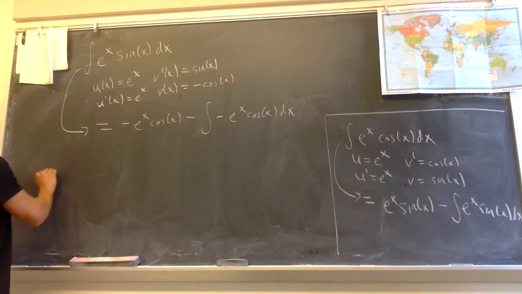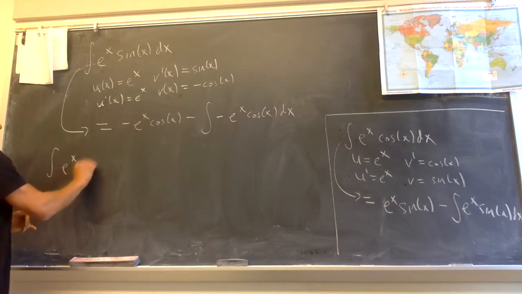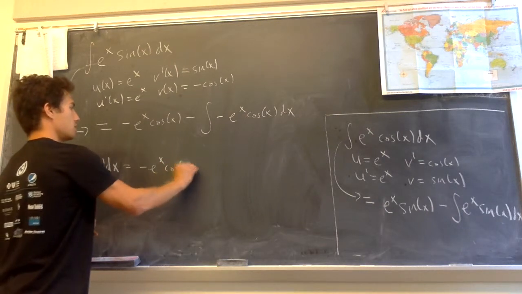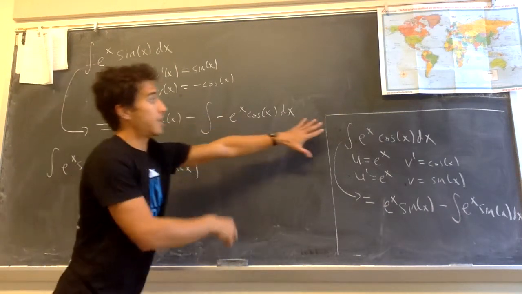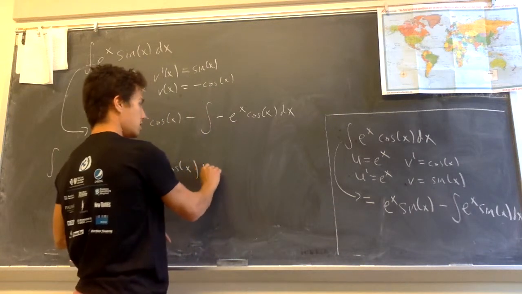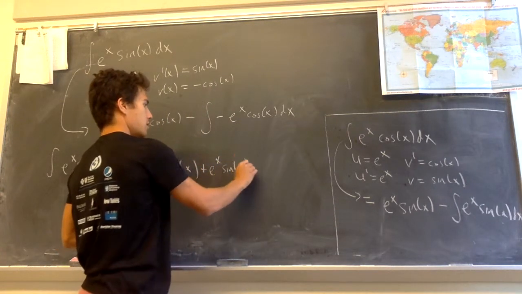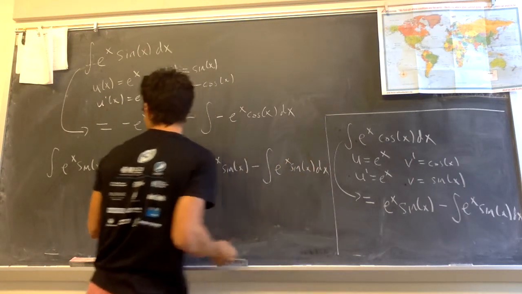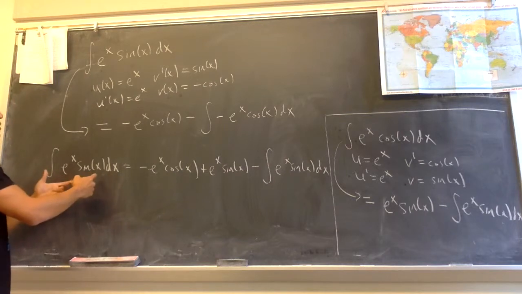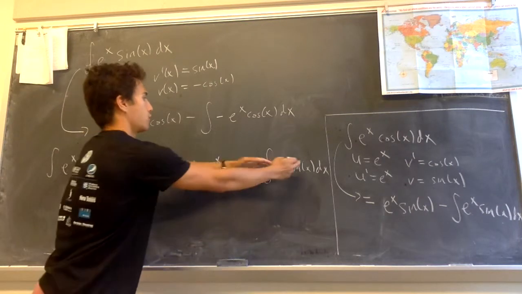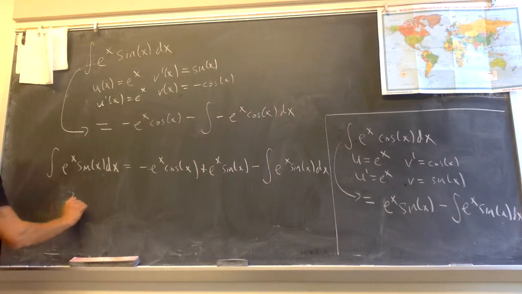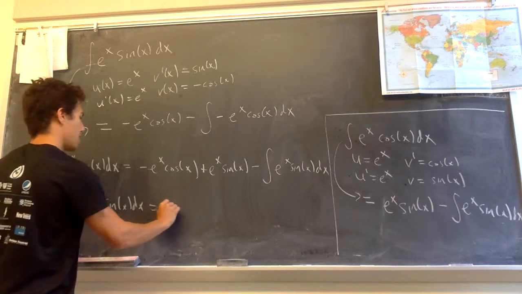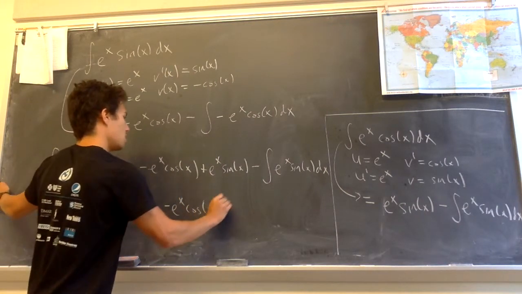So in the end, we see that our integral e to the x sine of x dx is equal to negative e to the x cosine of x minus a negative, so plus this integral that we just figured out. So plus e to the x sine of x minus the integral e to the x sine of x dx. And now you can think of this integral e to the x sine of x as a variable that we solve for. So I move this to the other side, and I see that 2 integral e to the x sine of x dx is equal to negative e to the x cosine of x plus e to the x